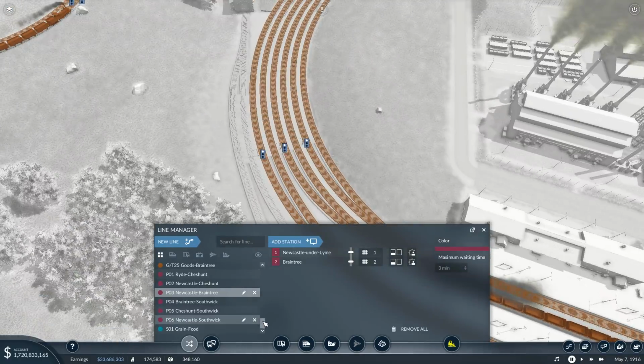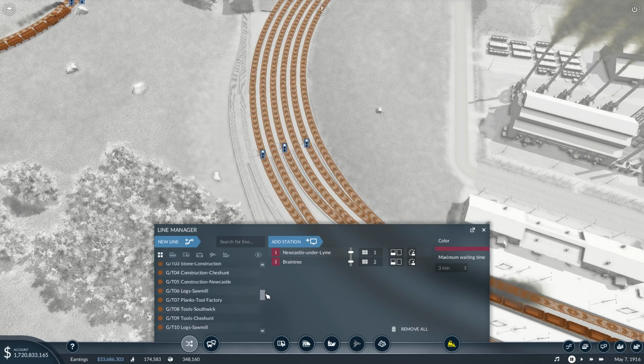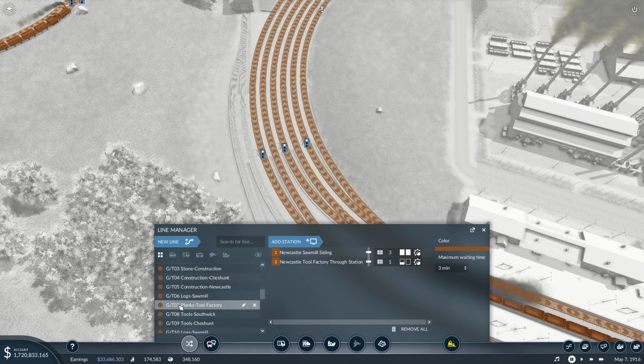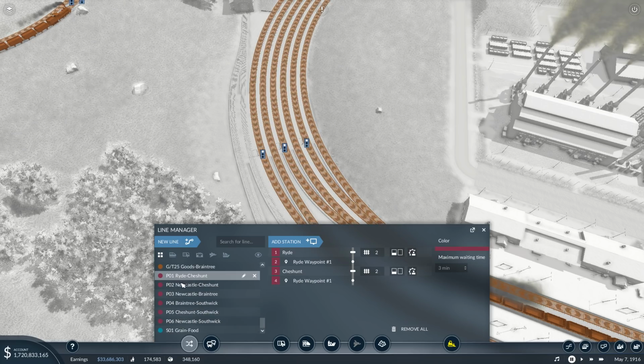Now he has also color-coded all of his trains with a particular type of color for a particular type of what I think is resource. The G, I think, stands for goods, so part of a goods line. Planks to tool factory, you got tools going to Southwick, you got tools going to Cheshunt, you got tools going to sawmill, logs going to the sawmill. P for passengers, passenger line 01,